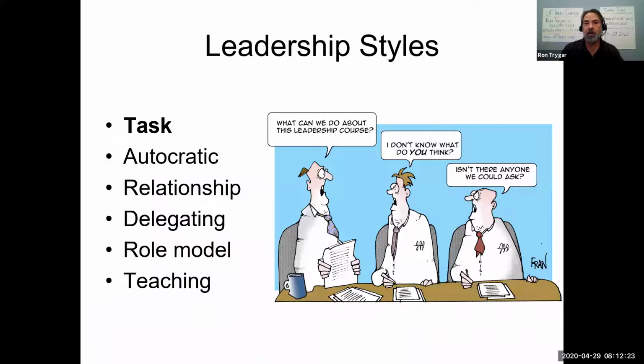All right, so we have 6 different types of leadership styles showing here. We have what's called task style. We have autocratic style, which I kind of mentioned a little earlier. We have what's known as relationship style of leadership. We have delegating. We have role model leadership style and teaching styles. Now, all of these are covered in the courses, obviously a little bit more in depth than what I'm doing here. But you'll notice that the top one